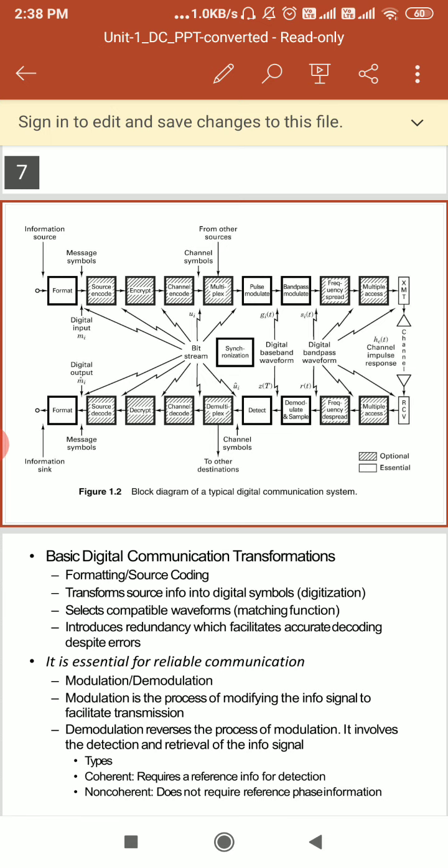Here we are also using band pass modulation. If we are supposed to select a few components and attenuate the remaining, we can use a filter for that filtration purpose. So the band pass modulator will convert the frequency of the baseband signal, and at the receiver the frequency is down converted in the baseband demodulator. You can see we are using the demodulator and the sampler at the receiver side.